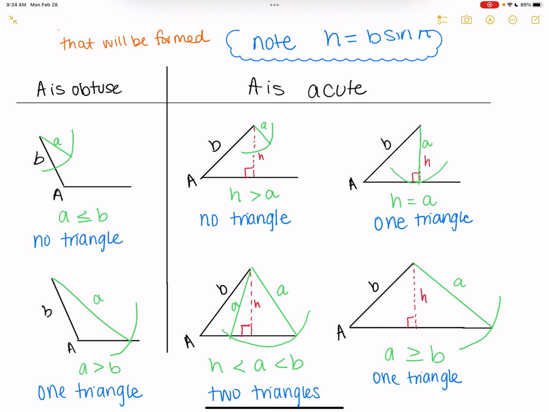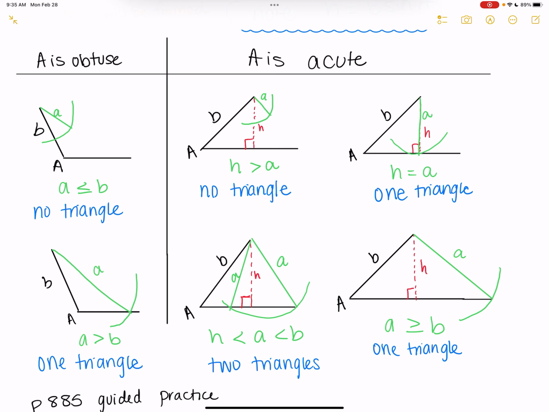In the second one, where it says H is equal to A, there's one triangle, because if you take that and you swing it around, it's just going to hit once. It's going to hit perfectly one time. I'm going to save the two triangle one for last. The other one, you don't need to find H, but H would still be in the same place. But if A is greater than or equal to B, meaning that that side length is pretty long, obviously, it would only intersect at one spot, but it would intersect at a different spot than up here in the top right one. For the two triangles,